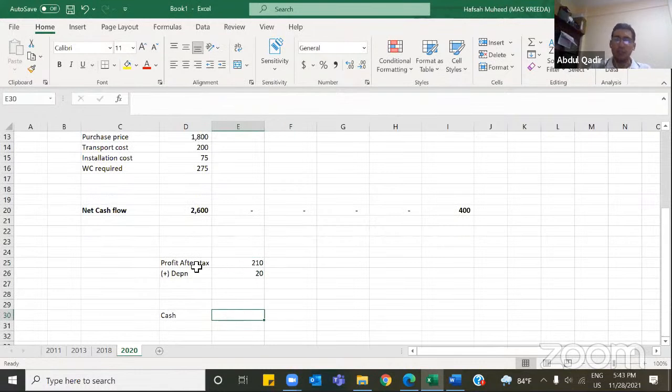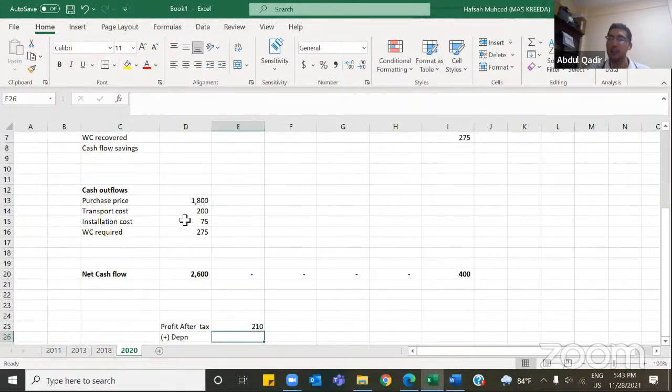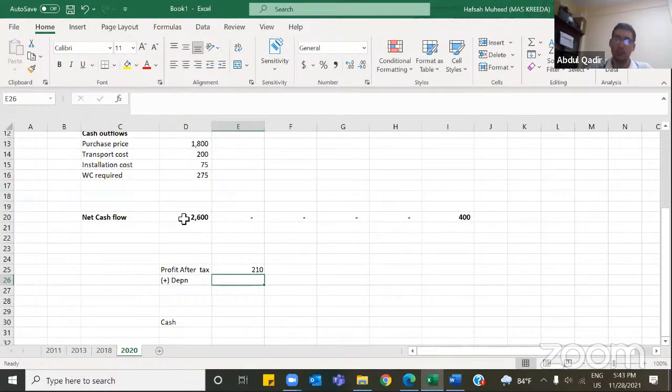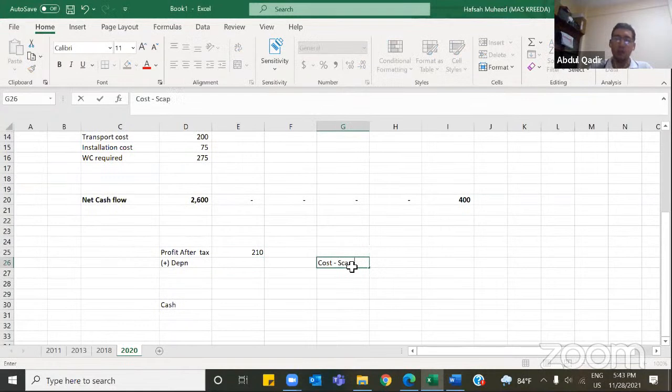So I need the cash, which means how do you go from profit to cash? I need to add the depreciation. How much is my depreciation in this question? That is the tricky part where students go wrong, and that is why I chose this question. Students get confused with so much information on calculating the depreciation. How do we calculate depreciation? The formula: cost minus scrap value, divided by lifetime. You can also give it a try before I do, then compare if your answer is correct.